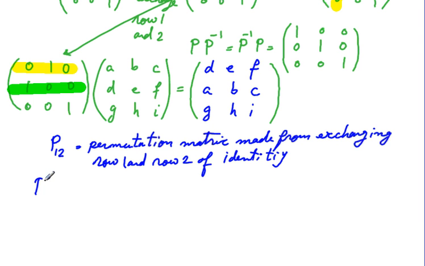If I take that permutation matrix and multiply it on the left, with that permutation matrix sitting on the left times an arbitrary matrix, the net effect is what? Yeah, an exchange of